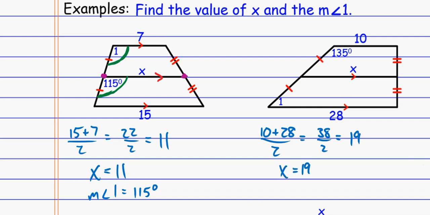And then from here, I want to find the angle. Once again, I know that these are parallel, which means they go off at the same angle. So if this one right here is 135 degrees, it means that this one right here is also 135 degrees. That's not the angle I was looking for. But remember the special relationship between these two angles: they're supplementary. They add up to 180 degrees. You could also just look at this one and say it has to add up to 180 degrees with the 135, which makes this a